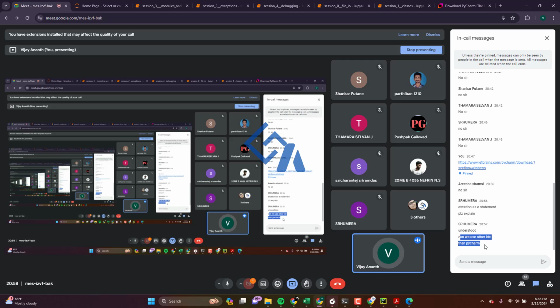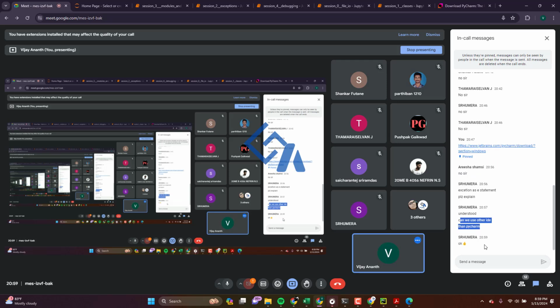You can even use Visual Studio, it's up to you. But the more flexible one is PyCharm when you work with large projects. The name PyCharm is like a Python based IDE. You can decide what you want, but based on my experience, PyCharm is